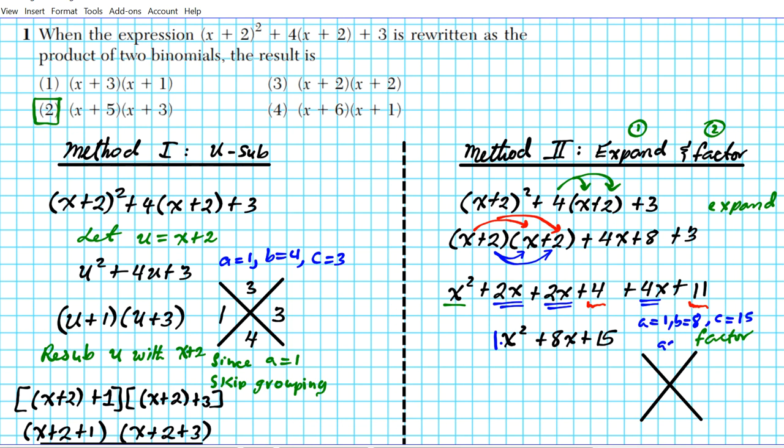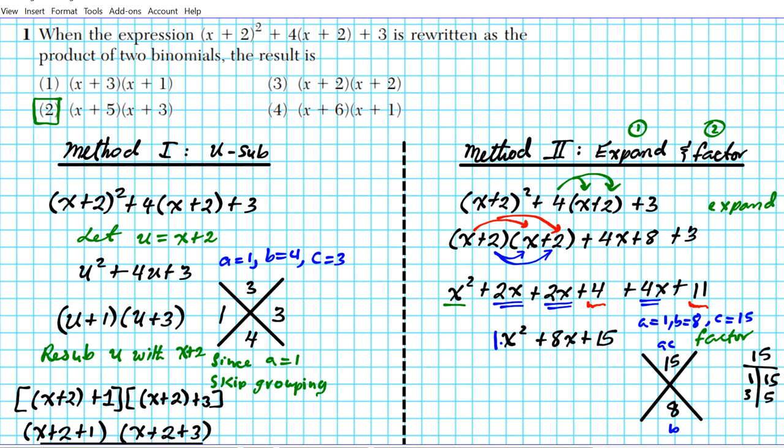ac goes on the top. ac in this problem is 15, 1 times 15 is 15. And then b is 8, that goes on the bottom. Now, ladies and gentlemen, let's go ahead and play the X game. What two numbers multiply to give you 15 and add to give you 8? Think about the factors of 15. If you make your T-chart, 1 times 15 and 3 times